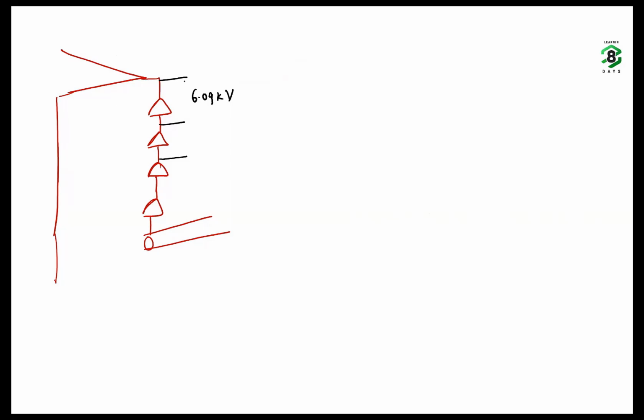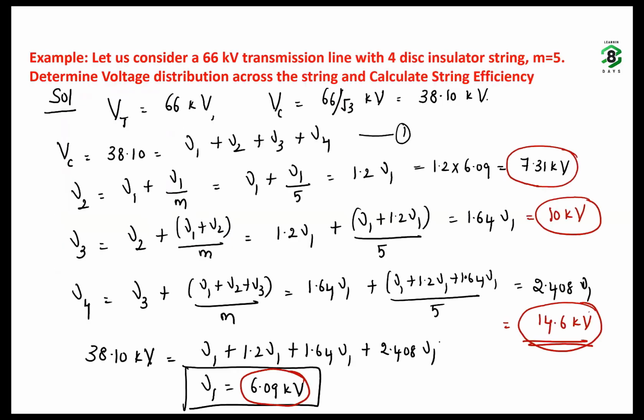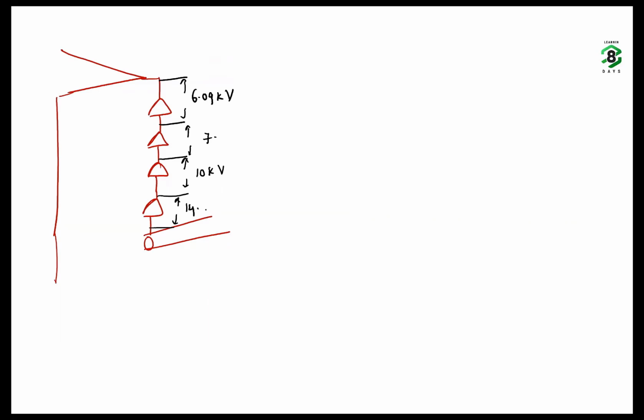The voltage between this is 7.32, and here it is 10 kV, and here it is 10 kV, and the last it is 14.6 kV, and then 7.31 kV. Okay, so what you can observe is that the voltage is not equally distributed across each